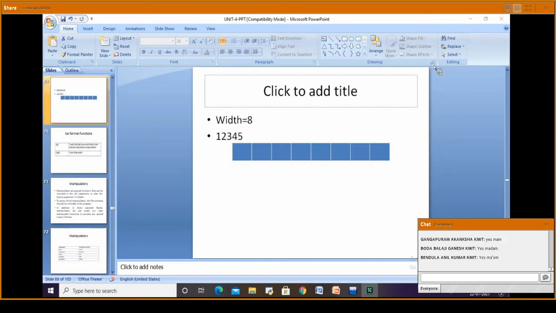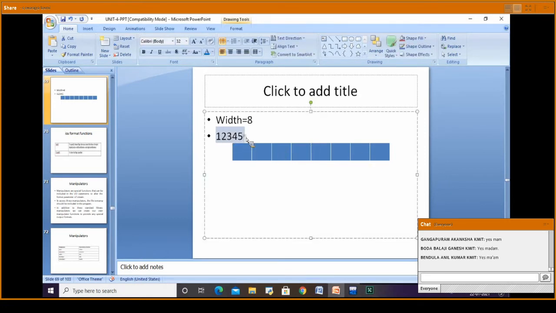In this example I am taking the output 1 2 3 4 5. This will be filled in these positions, from the right end.